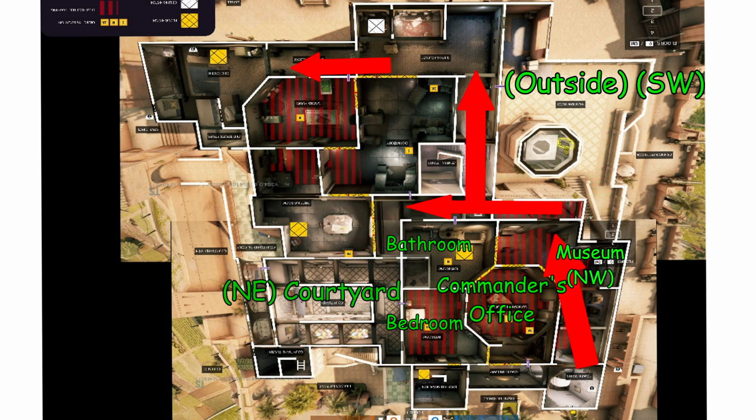The octagonal room toward the northern side, and the bottom of your screen is the commander's office with an adjacent bathroom and bedroom. The courtyard to the northeast, and a cluster of 3 adjacent rooms, gaming, dormitory, and briefing. Take note of the red stripes, as those are the soft floors in the second story that can see down